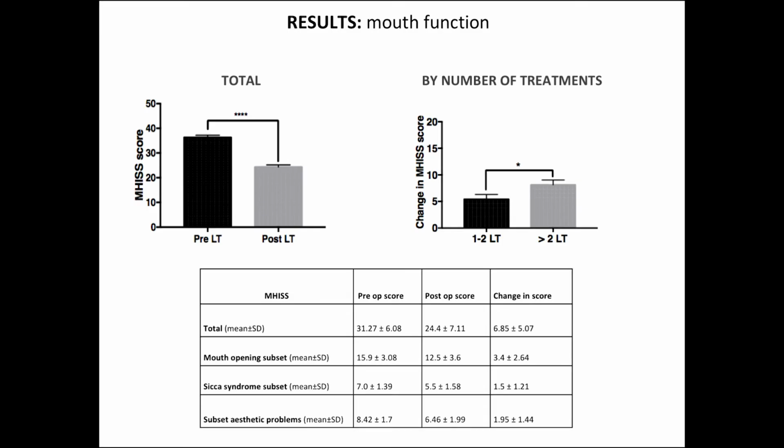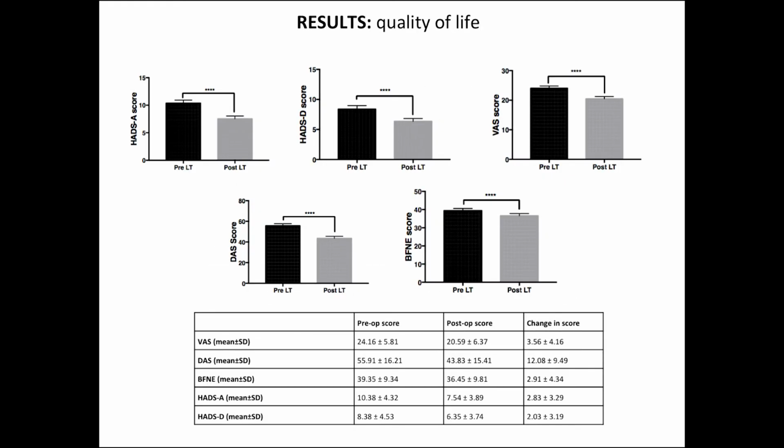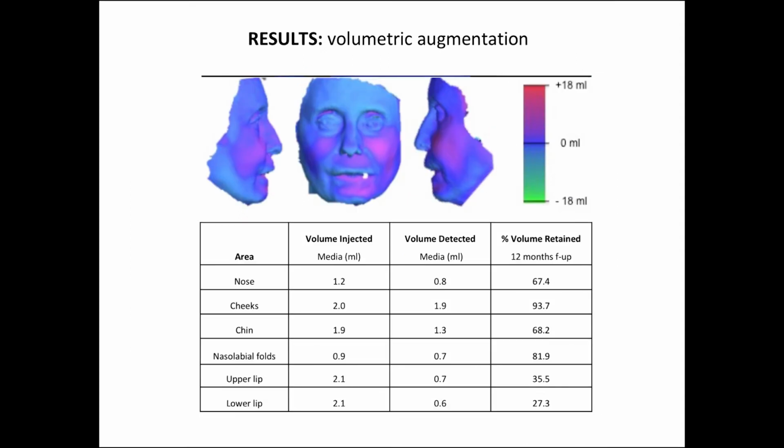The other thing which we found very interesting, and this is the patients' report back to me, is that not only did the mouth opening improve, but also patients had return of saliva. Their dryness of the mouth disappeared as well. Again, I don't know why, but it seemed to. We found significant improvement in quality of life measures, and also interestingly in volumetric augmentation using that scanning, the 3-dimensional